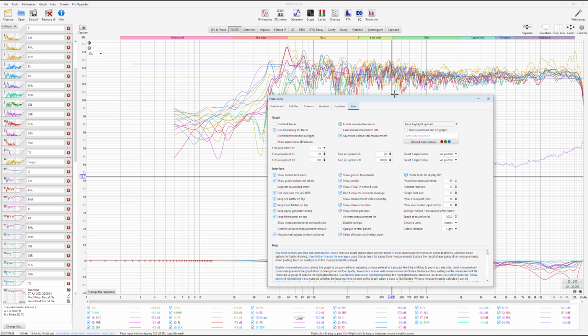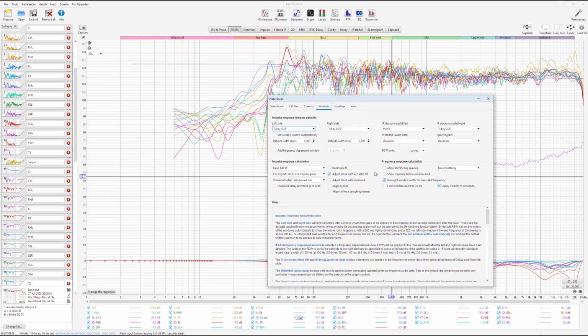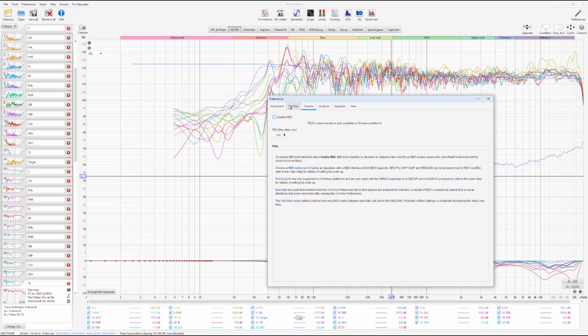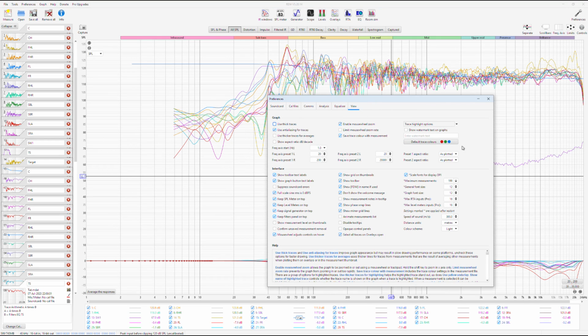In Rev preferences, here, for example, speed of sound is 300 for me. You have to change it here when you're calculating speaker distances. If it's 343, take it 343. Maximum measurements, the limit is 199 and I use it at the limit. As you see, you can easily go above 100. Other than that, generic equalizer settings, analysis, we don't do any measurements, we don't do any calibration, nothing. Only a couple of preferences here you have to deal with for using Rev.